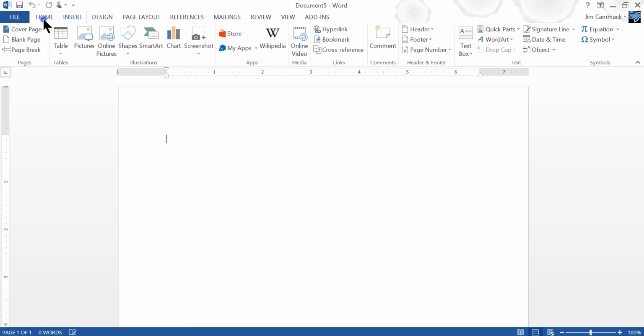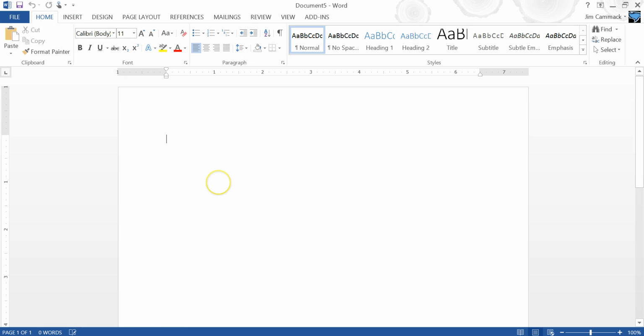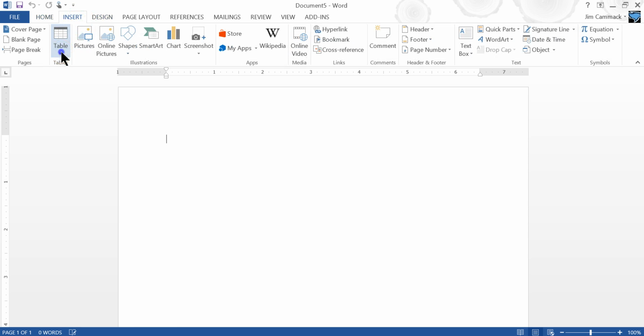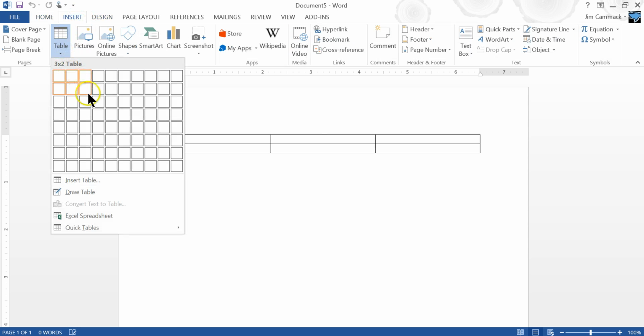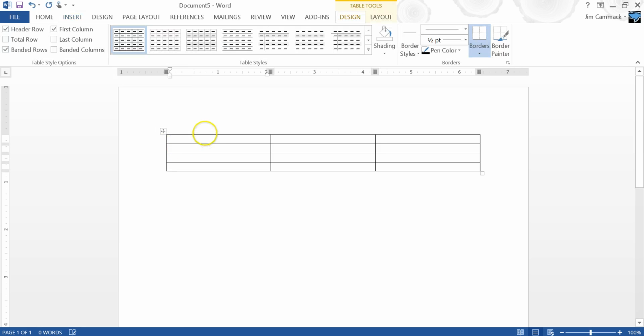If I go to my Home tab here, and I want to create, let's say, a list of some pets that I may own or that some people may own, I might want to go to Insert, and I could insert a table. I could choose the size of the table, how many rows and how many columns. So, for example, I could do something like this. That would be 3 columns and 4 rows. Click on that, and then I could put in like pet